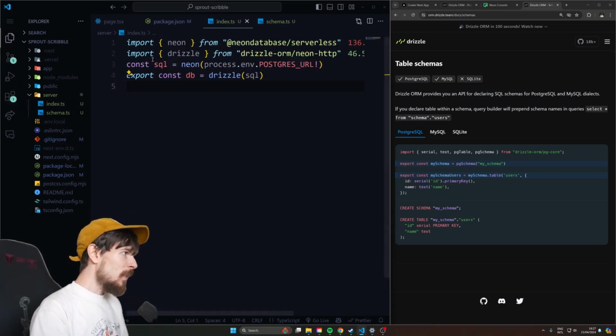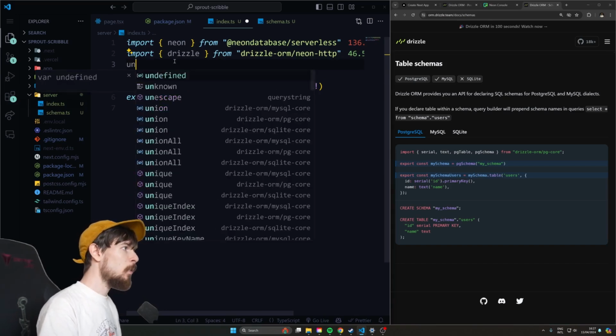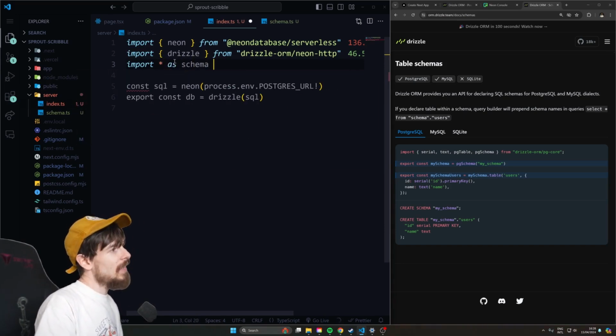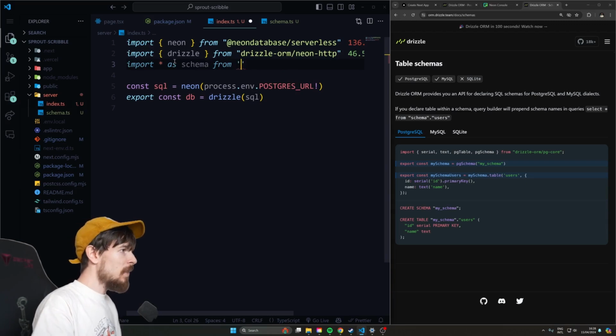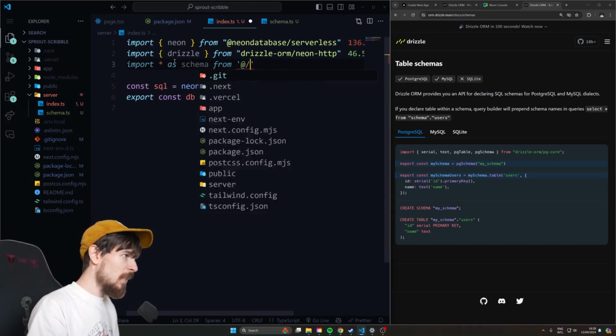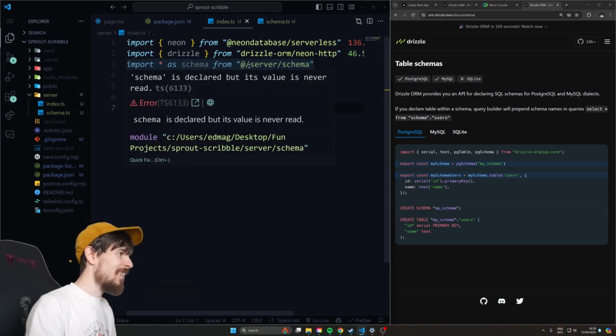And now to use it, we can head back here to where we're initializing our database and import the schema here. So we're going to say import, and I can say * as schema from, remember the import aliases at the beginning of this course? It's this @ symbol. And when you do the @ symbol, it's just going to take you back to the root. So it's super clean to navigate through your folder structure. You're not going to have the ../../../